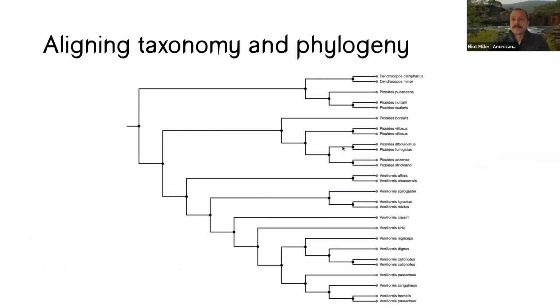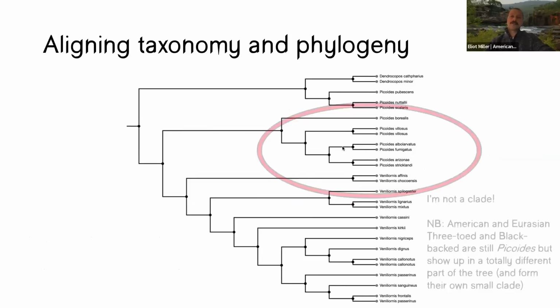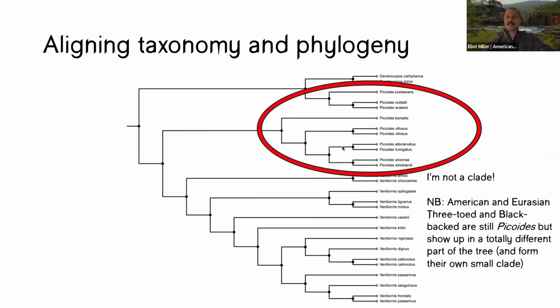All right. Ideally, all named taxonomic levels are true clades, like I just said. But the more we use genetics to study these things, the more we find out that some of these genera and families need to get redefined. Here, once we zoom out a bit, we see that some of the rest of what were once called Picoides woodpeckers are in fact part of a separate clade. So these things up here versus these Picoides, this is not a true clade, right? Like these belong to different branches.